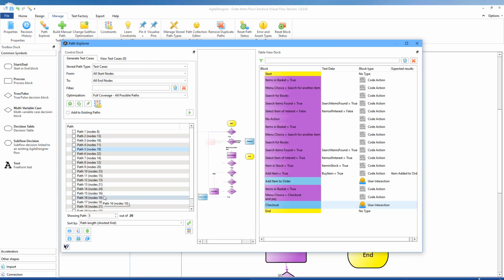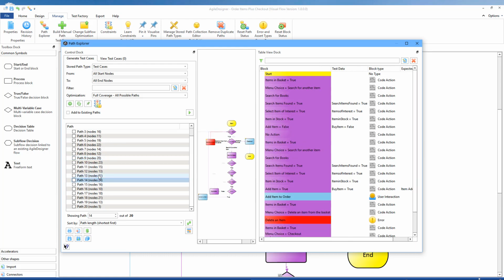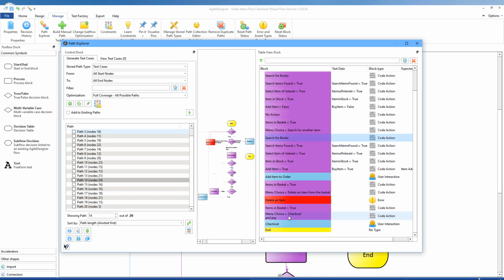If you look at the number of nodes here, we'll probably see, I think 24 is the biggest. So here we have search your books, but it doesn't add an item until it's gone through the search once, twice. So then it adds an item, then it deletes an item, then it checks out. So again, that doesn't make a lot of sense. What's happening here? Well, let's go back to the